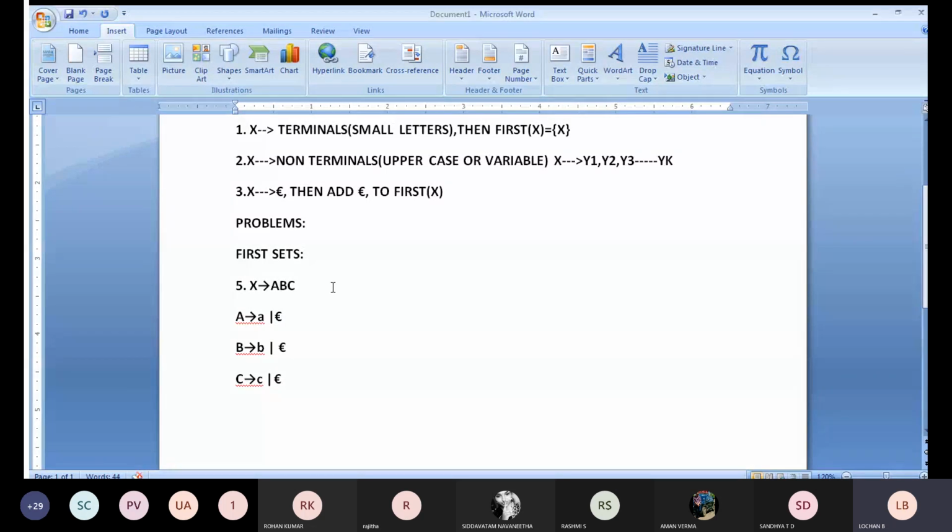The answer you are going to get is first of x. If you see the a part, you will be getting a comma epsilon. Epsilon is there, so I am going to get b. If you see b, in it you got epsilon, so we'll move to the C production. So you're going to get C. In the C also you got epsilon, so C comma epsilon is there. This is what the solution will be. Once you have completed, just inform me. We'll move to the follow part.